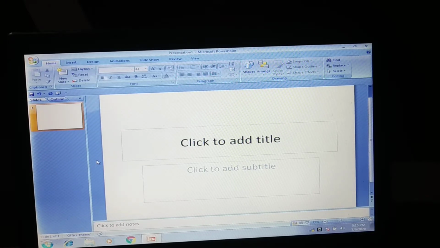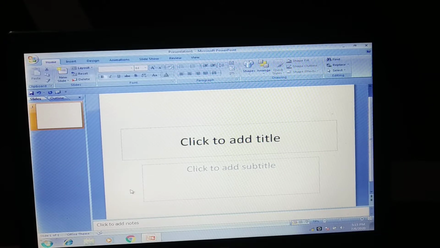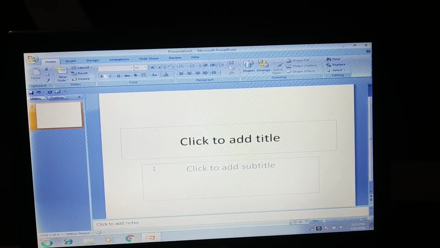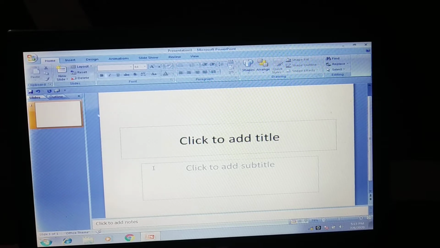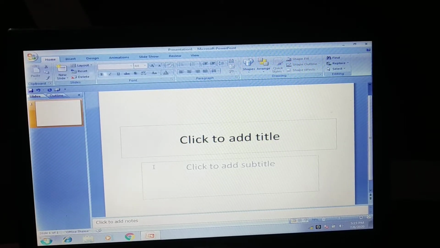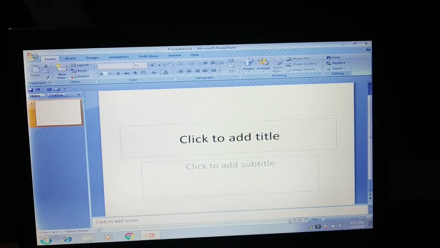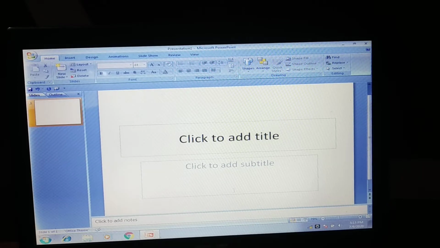By default means something which is set by the computer itself. It is preset and already stored in the computer. Whenever you do that, it comes as its default setting. This theme consists of a white background. So see, it is talking about this white background which you can see at the background of slide. This is a slide.